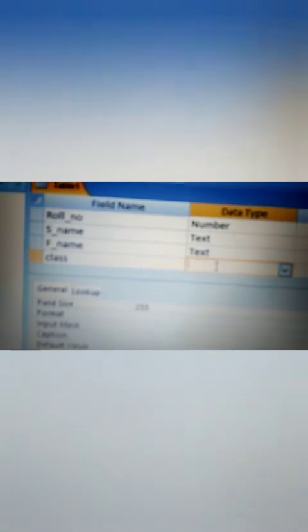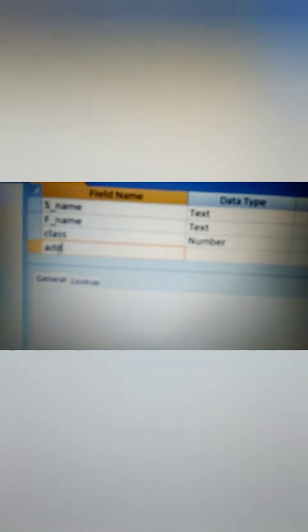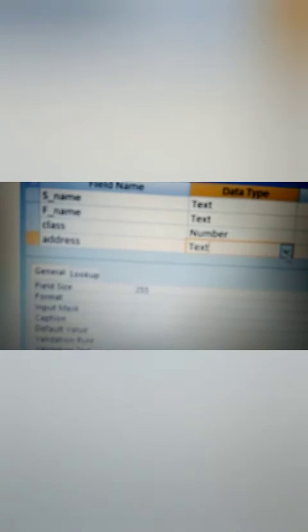Its data type is number. Next one is address. Its data type is also text.